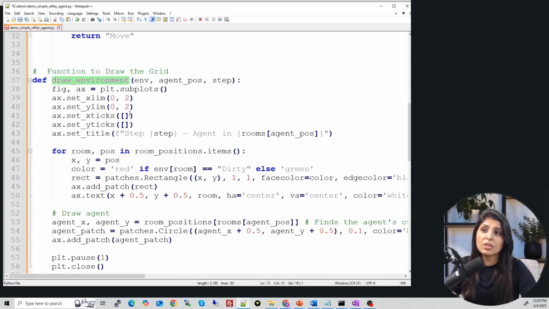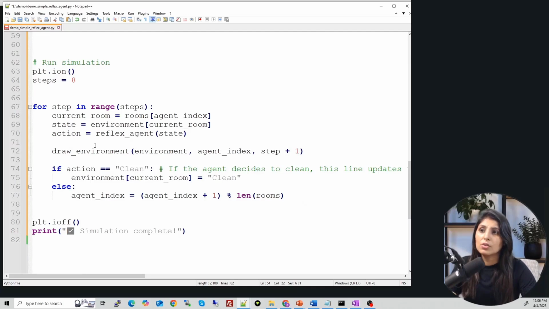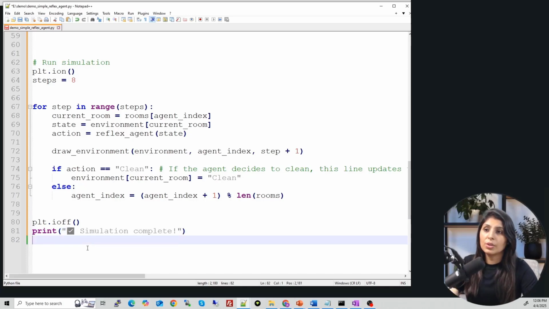This function is responsible for drawing the 2x2 grid, giving red color to the dirty room, green color to the clean room, and a blue circle for the agent, right? All that task. So we are calling that function, and after that we just stop the interactive mode, and this will be shown on the screen.